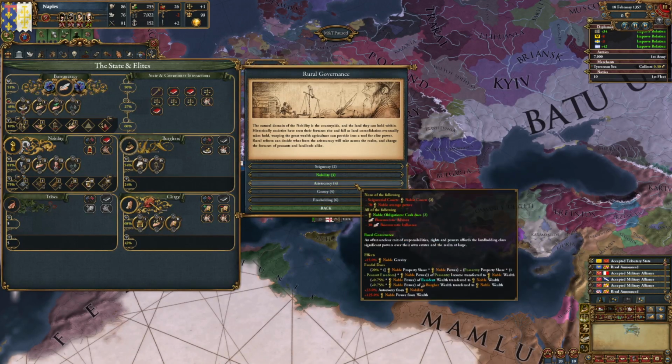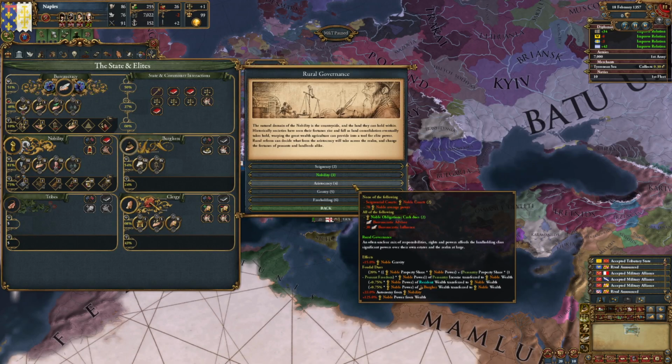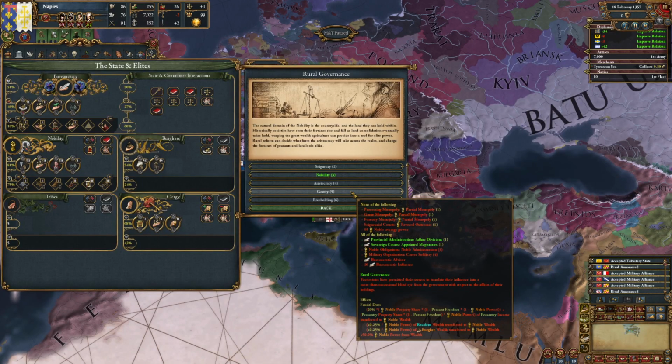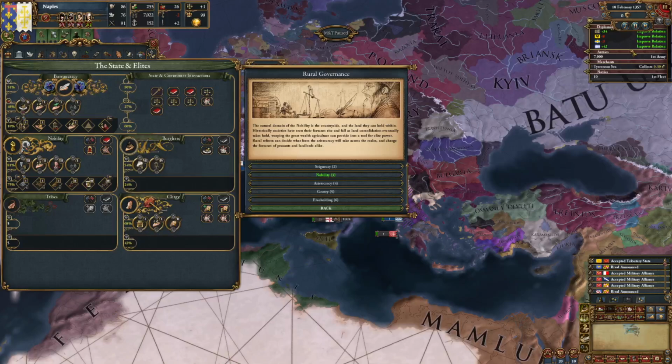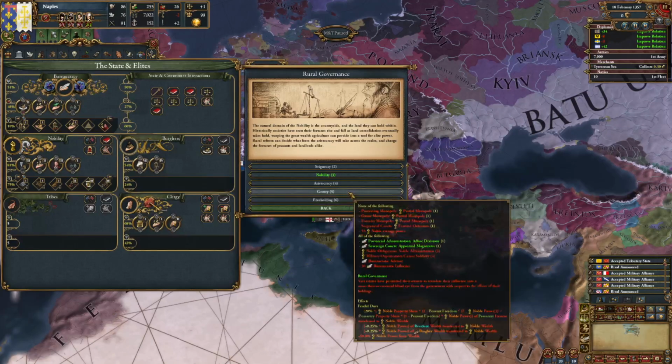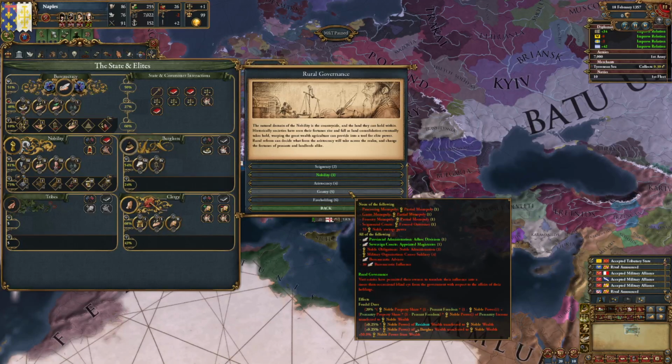But basically, you want to work towards aristocracy relatively quickly, and getting to gentry, which frees up a lot of the peasant population, frees up a lot of power from the nobility.